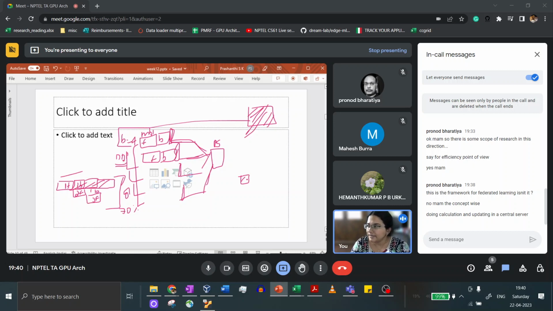So in federated learning, I think only the final outputs are sent to the central server. In distributed learning, it's a little more fine grained. You can send your gradients and then the server can do the aggregation and then get the weight. So that's more or less the difference between federated learning and distributed learning. And again, look this up. It's been a while since I've gone through this, but that's the broad idea. Federated learning has a lot more focus on privacy, and therefore you have a lot more restrictions on what you can send to a central server.